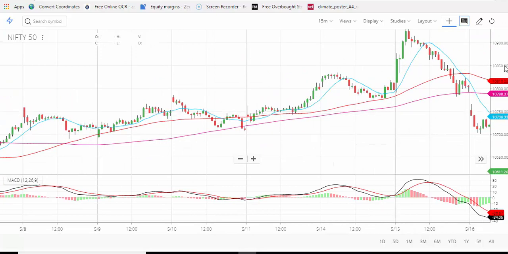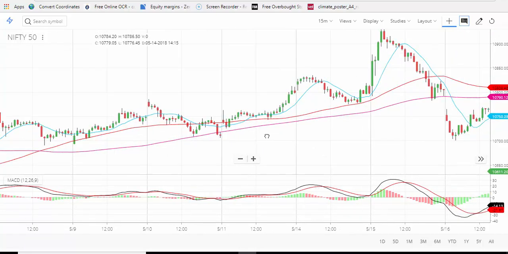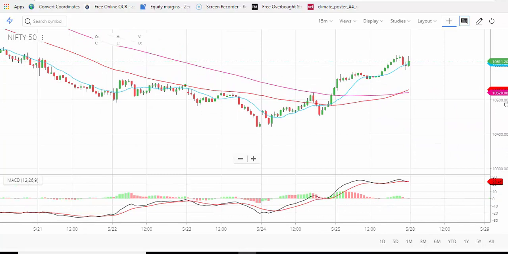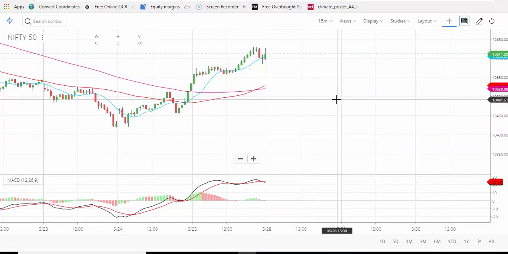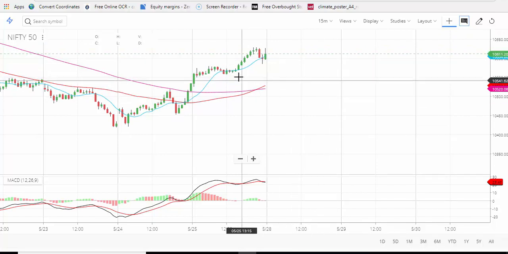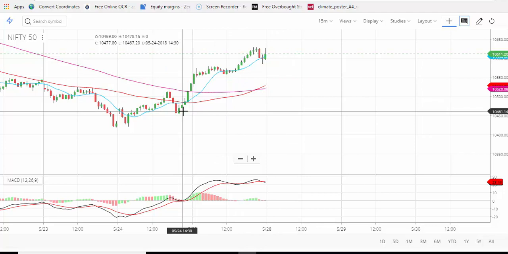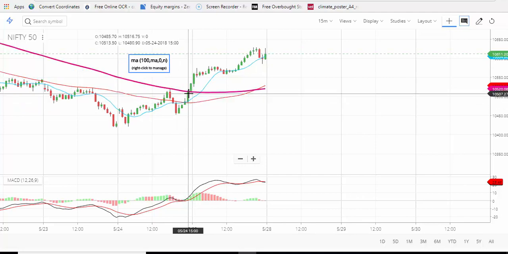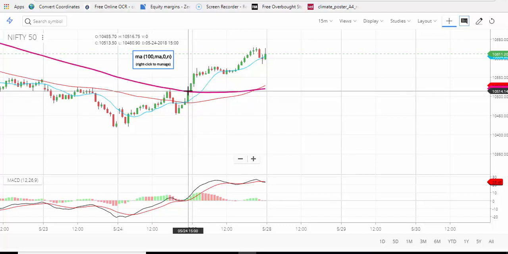Like if it is 10,600 or 10,500, taking a position with the full lot is not possible for a small retail investor or little trader. So in this case, we can do one thing. Suppose I am just considering this one for confirmation of how we will take it. Suppose this is 10,509. If I am planning to go long over here, I can do one thing. I can go long with